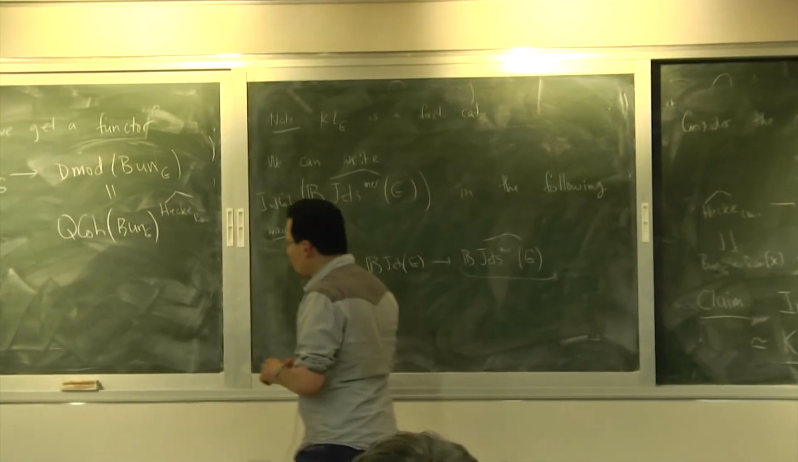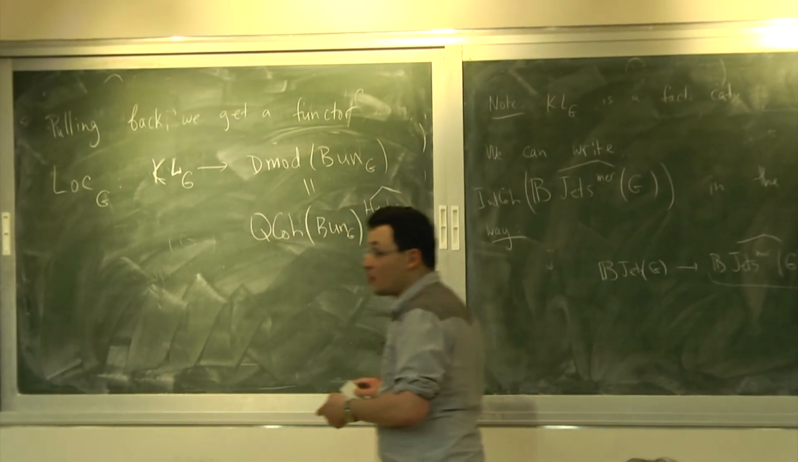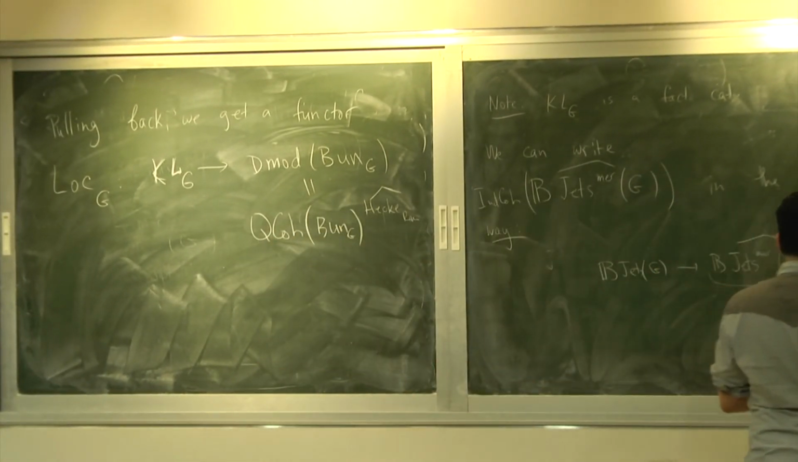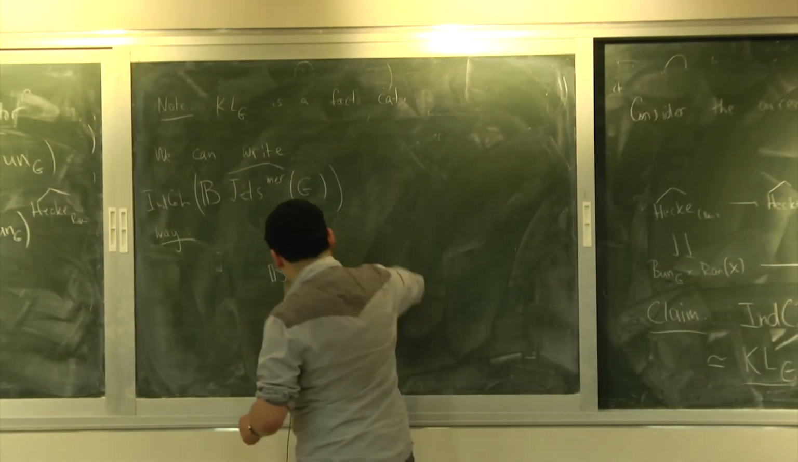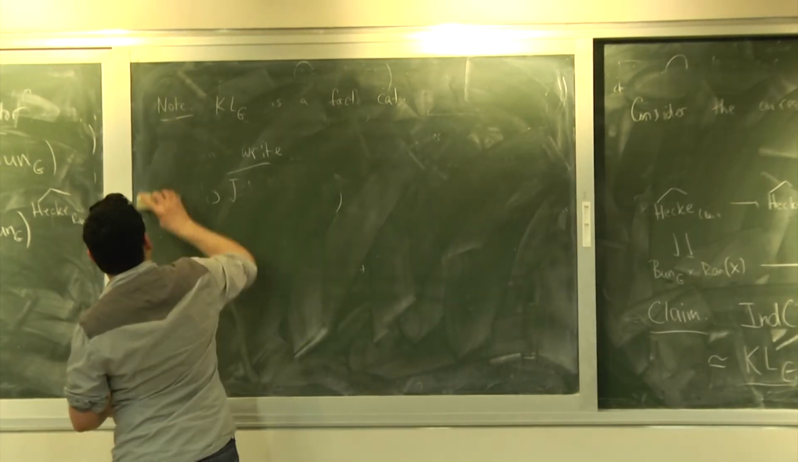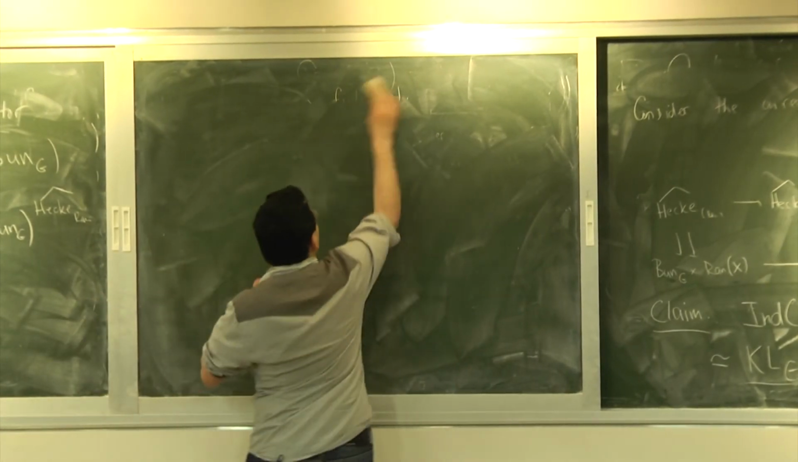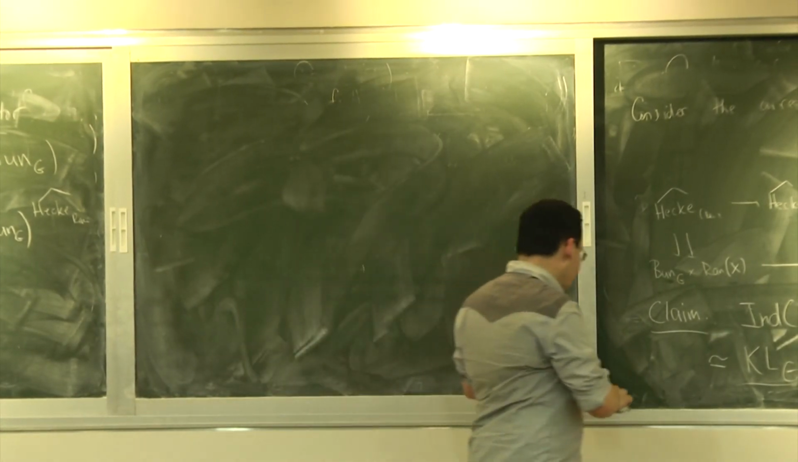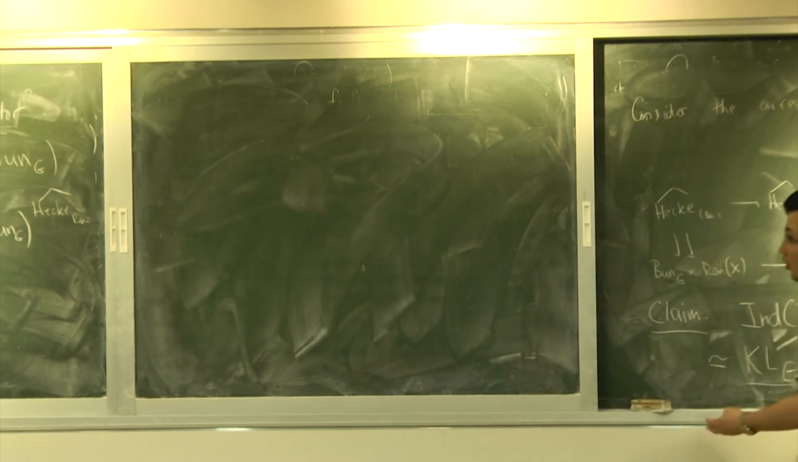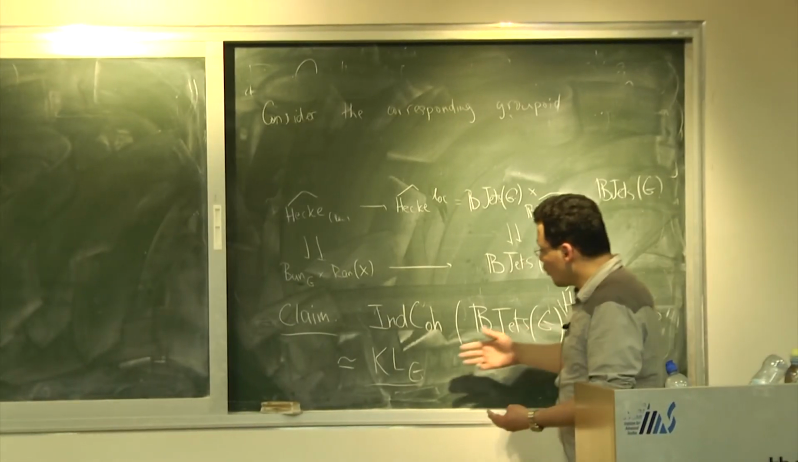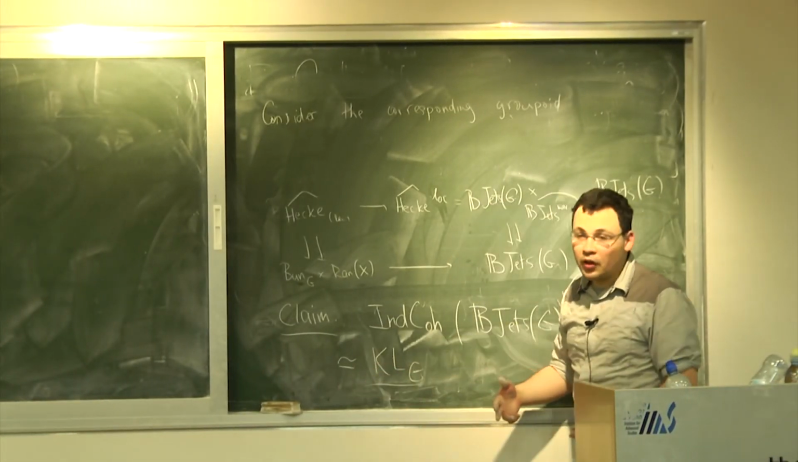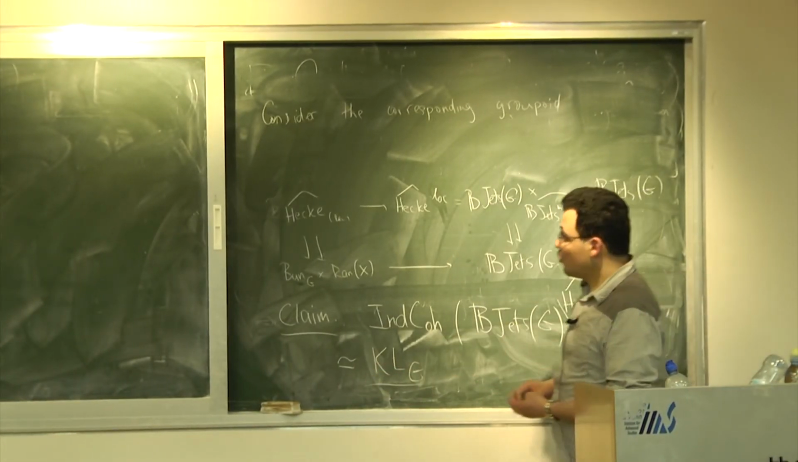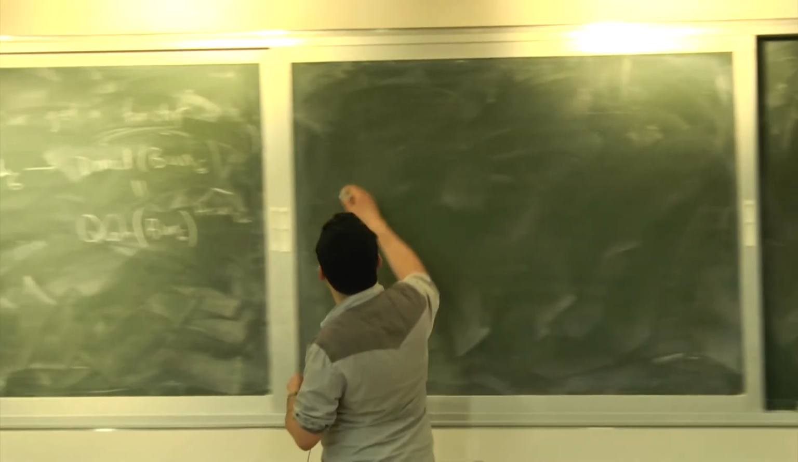Well, what does this buy us? This kind of description of this localization functor. Well, the point is, there's a slightly easier version of this functor, which is for quasi-coherent sheaves. So we can take G of O representations and produce from them quasi-coherent sheaves on Bun G. So there's a functor